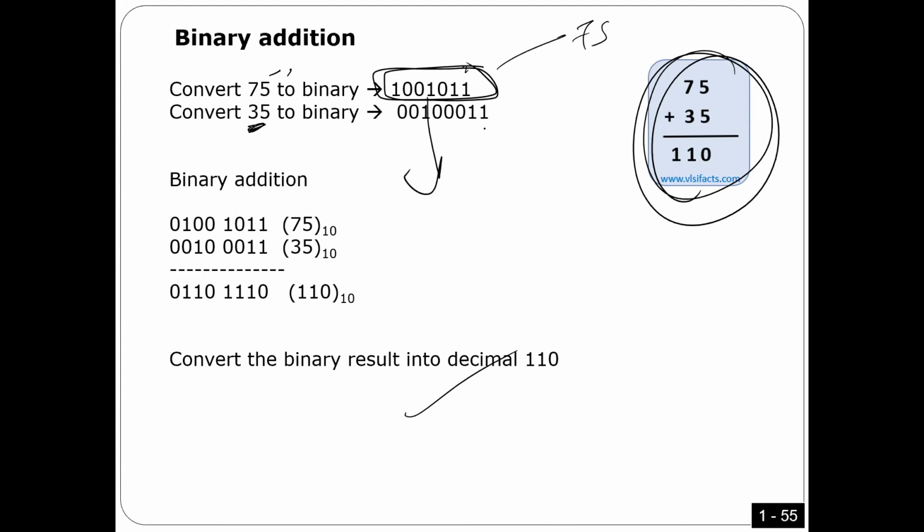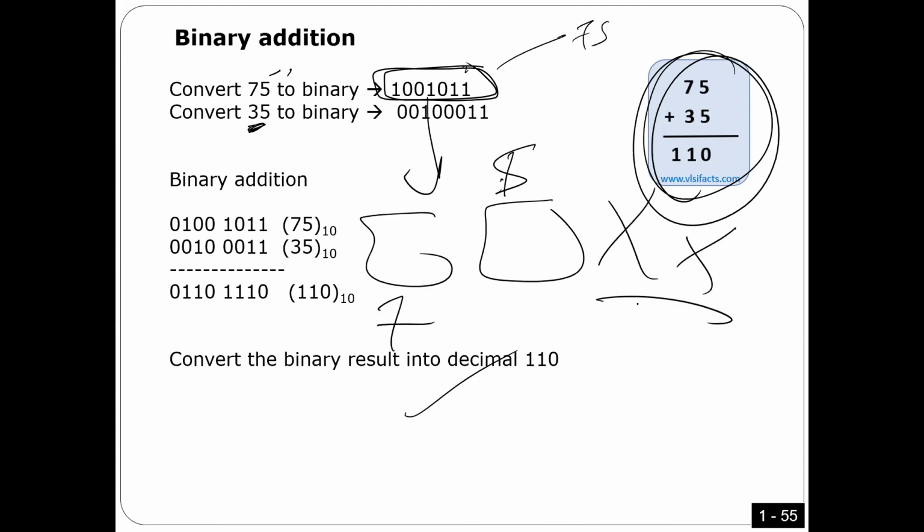So the whole number is 75. I didn't convert the 7 alone, the 5 alone. I didn't do that. If you keep it this way, 7 and 5. So actually, this is a decimal format, but I represent it in binary because the computer can only understand binary. Anyway, so these are 2 different approaches for addition, but I think most of the time we're going to use